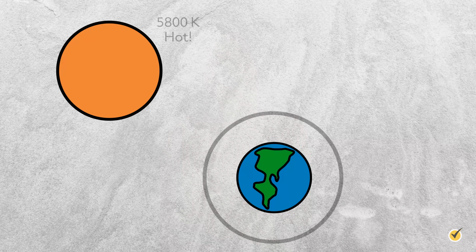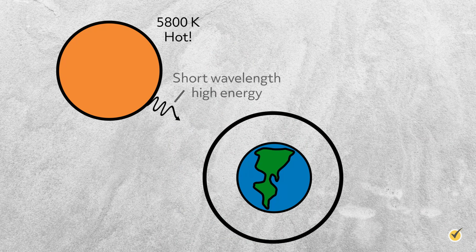Another example that many of you are probably familiar with are the heating coils on electric stoves. When turned to high, they glow red because they are so hot, 755 Kelvin, that they begin to release visible red light. Thus far, we've only talked about the emission of thermal radiation, but radiation can also be absorbed and converted into kinetic energy. For example, the sun's thermal radiation passes through our atmosphere and is absorbed by the Earth.